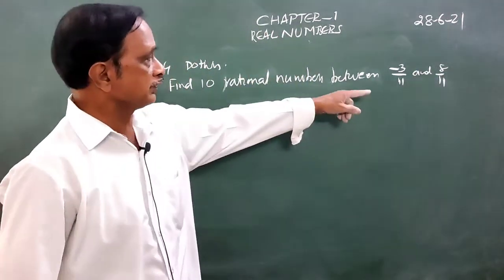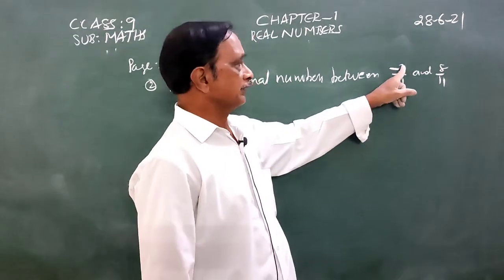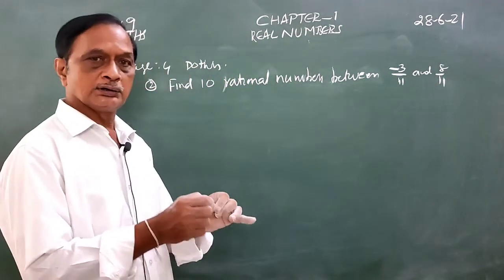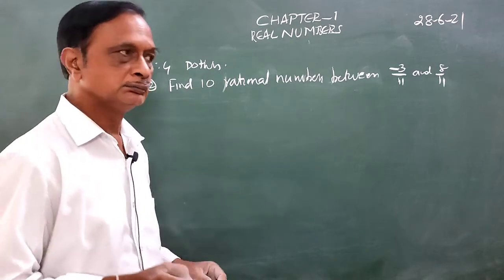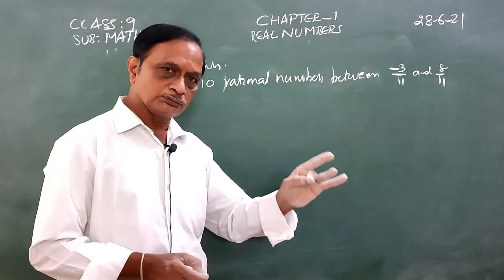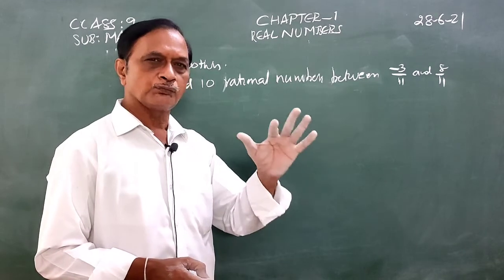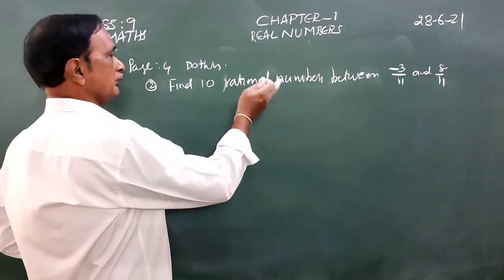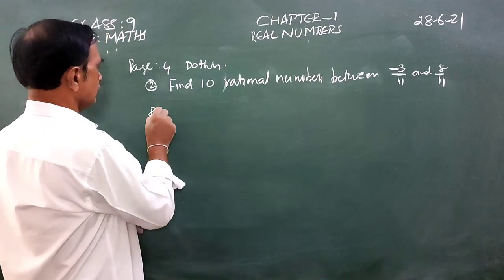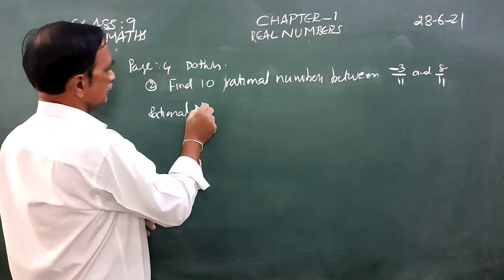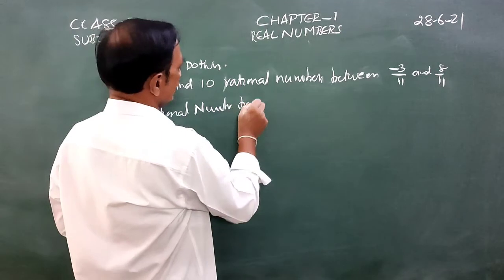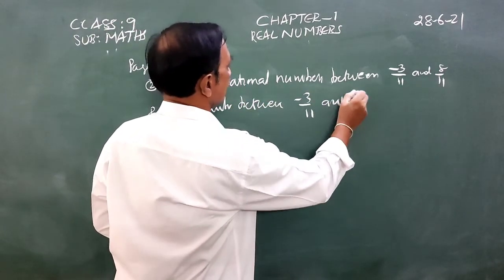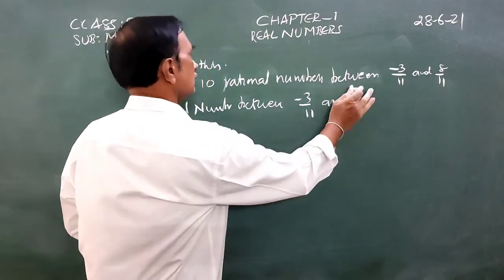Here the denominators are same. What is the numerator here? Minus 3. Here 8. Do you find some integers that are between minus 3 and 8? They are minus 2, minus 1, 0, 1, 2, 3, 4, 5, 6, 7. So clearly the rational numbers between minus 3 by 11 and 8 by 11 are